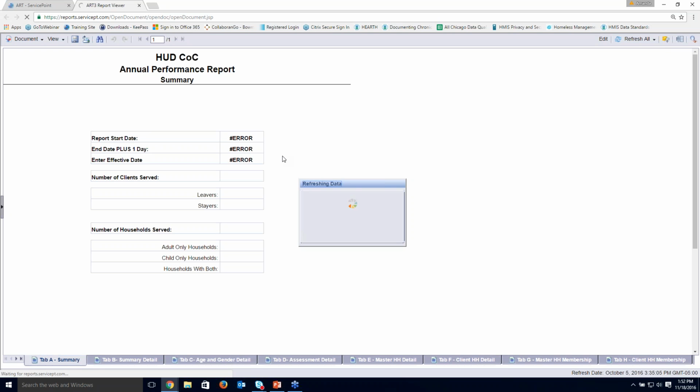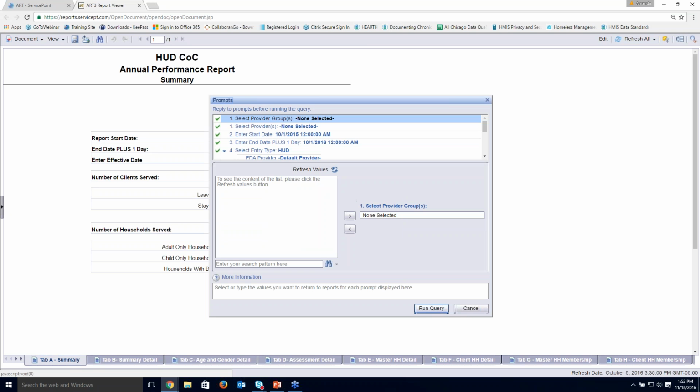So you'll notice some differences between the way that this report structures the data and the way that our data quality report is set up. But let's look at how this one works. So again, very similar prompts. We're going to want to change the provider. We want to make sure the start date, the end date,